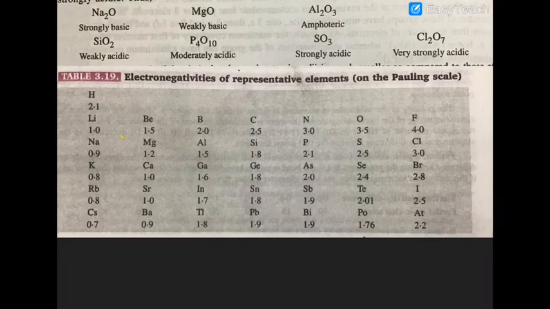Now remember also that chlorine forms a very strong acid. Sulfur and phosphorus form strong acids. Al2O3 is an amphoteric oxide. Phosphorus also forms moderately acidic oxides. Silicon oxide is weakly acidic. MgO is weakly basic, and Na2O is a strong base. So you can say that